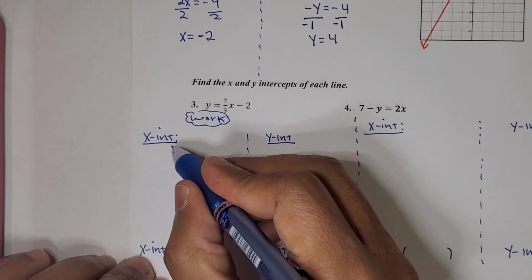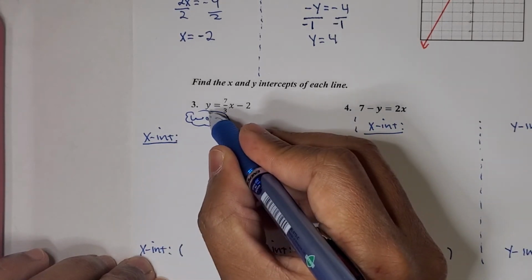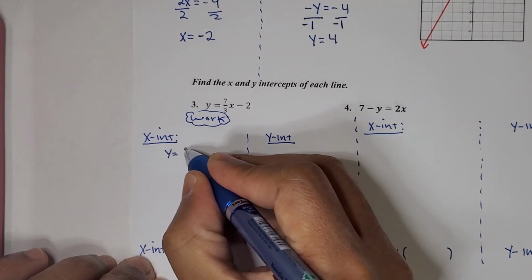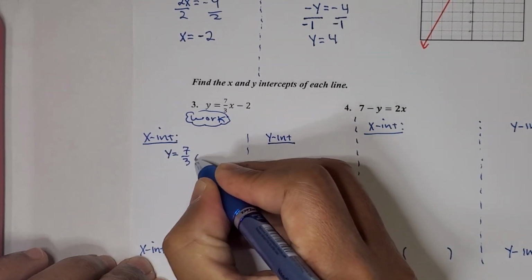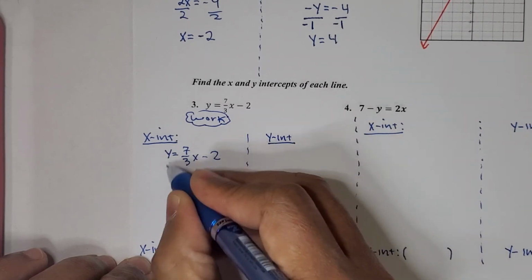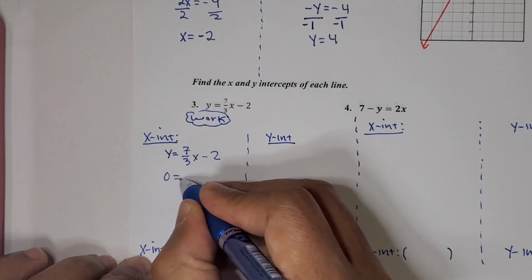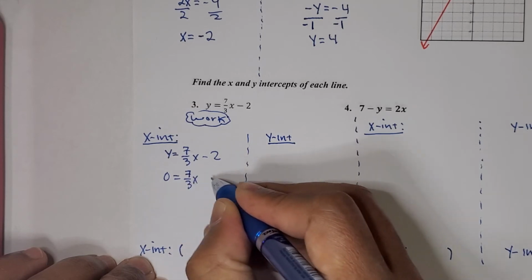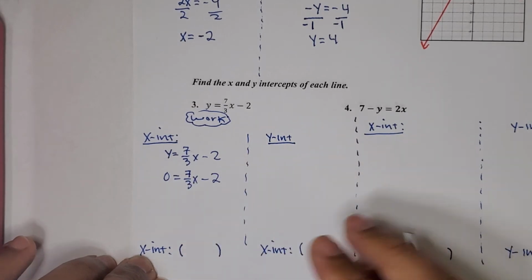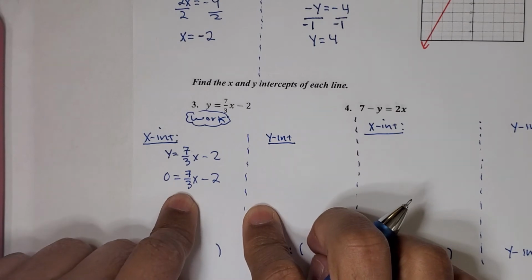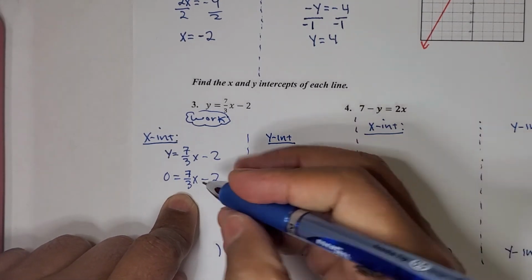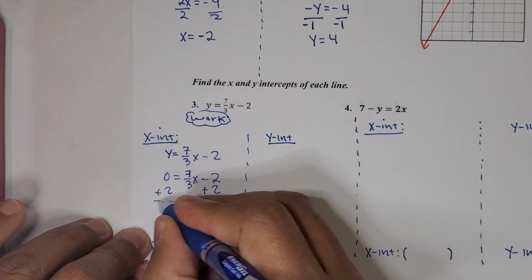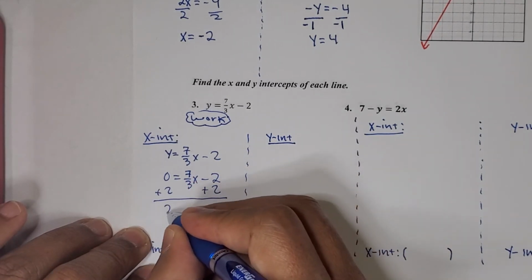So to find the x-intercept again, we set y equal to 0. So I'm going to just write it down: y equals 7/3 x minus 2. I'm going to set y equal to 0. So that equals 0 equals 7/3 x minus 2. Now, I want to get the x by itself, so I'm going to add 2 to both sides of the equation. Okay, and when I do that, I have 2 equals